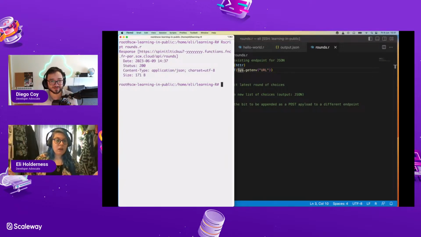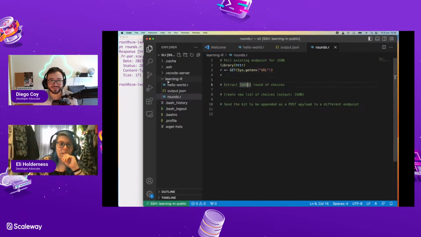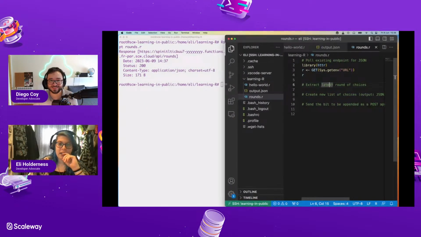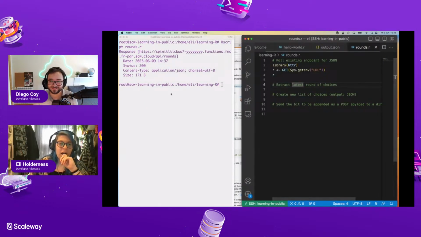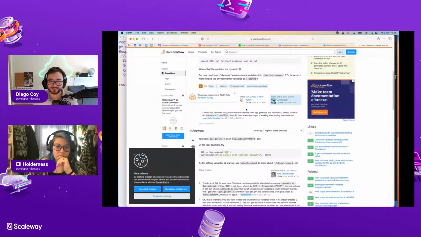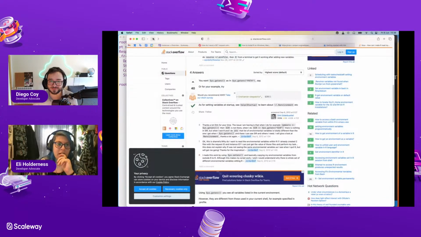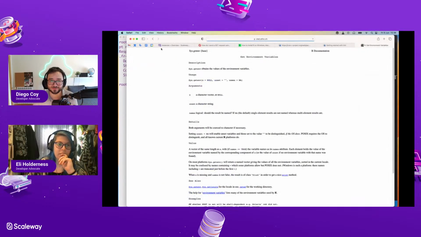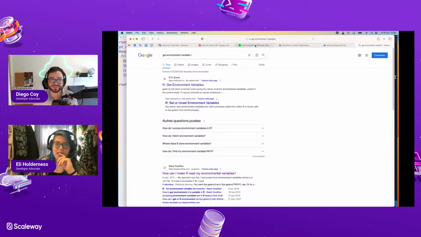Cool. So now, if I do Rscript routes.R, hey! All right. Cool. So what it's given me, I've printed out, is status, content type, size. So how do I get the payload out? That is a good question. And this is where I think I do want to go back to the PDF. Yeah, to the PDF.